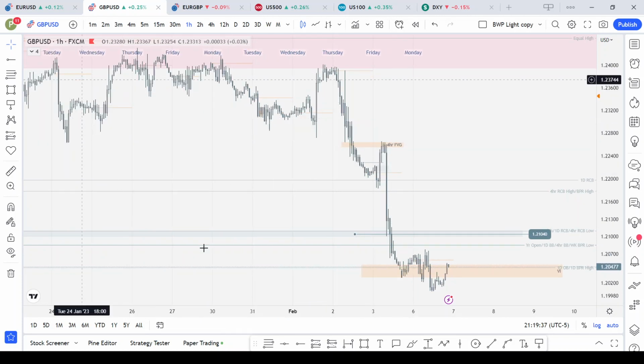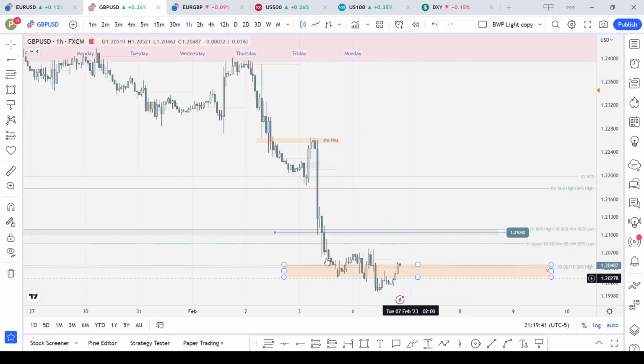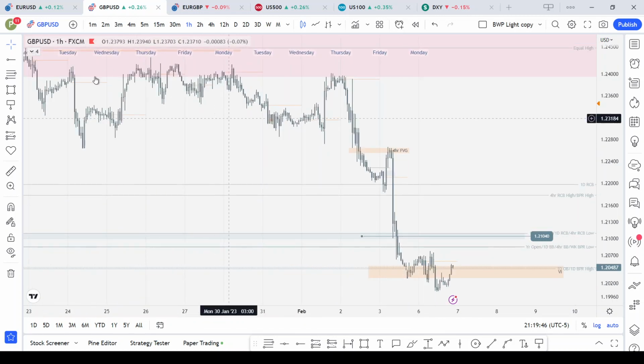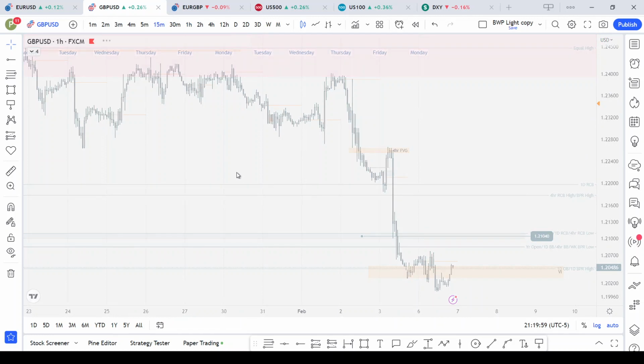It has been in a seek and destroy program, just consolidating. You can see yesterday, this one was stuck in consolidation while EU was dropping. When EU was going up, it was stuck in consolidation. It's best to just stay out of this pair for now until the price action returns to normal. 15 minutes time frame,